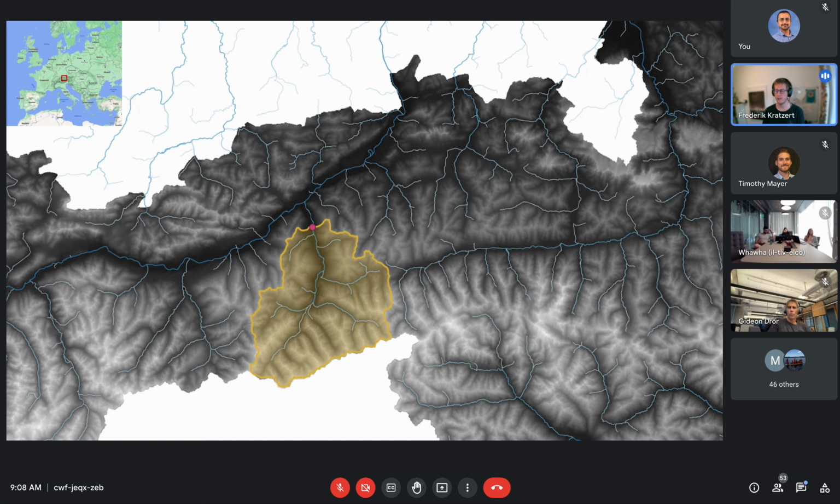For simplicity, let's say it's only defined by the slope of the terrain, meaning any precipitation that falls on the surface follows the steepest gradient. So every drop of precipitation falling in this yellow area will eventually reach this red river point. Some of it might evaporate and be lost, but if it influences one river, it will be this river.